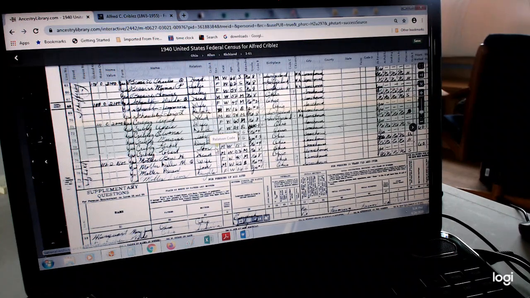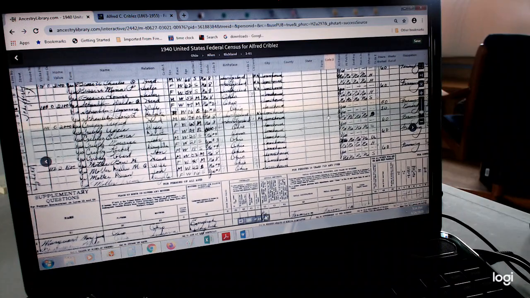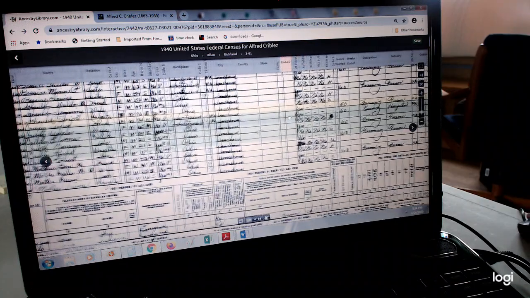Okay, so here we show them, again listing the ones that are still home. Again, all the children are born in Ohio. Let's see, do we have any other exciting information on here?